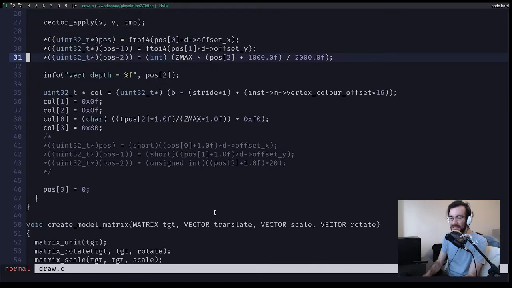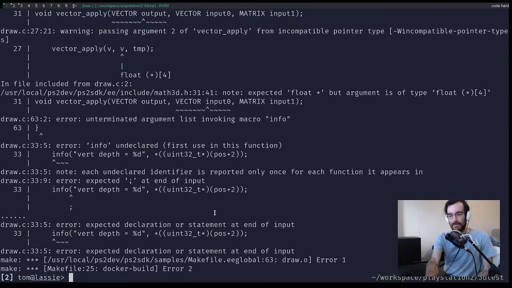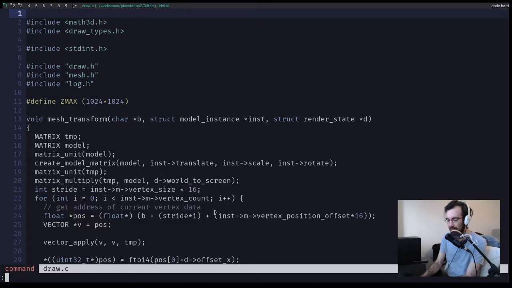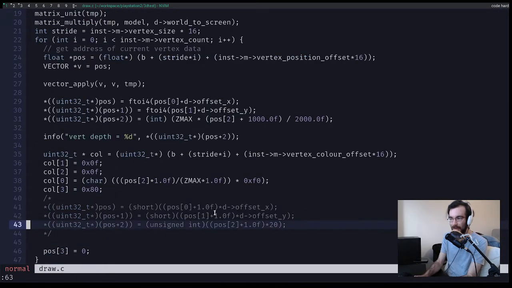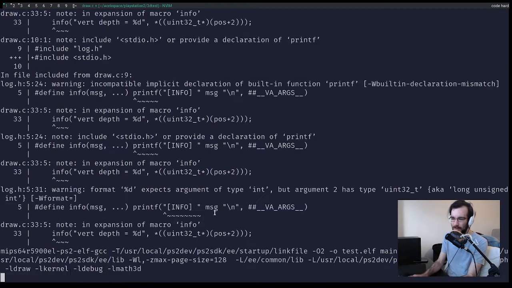So we're casting this to an int and then drawing it as a float. So I guess we need to do this, T pos +2. And then this is complaining at me. Line 63, that's the end of the file. Something got unterminated there. Oh, I'm short a bracket. Perfect. So if we make, if we run this,